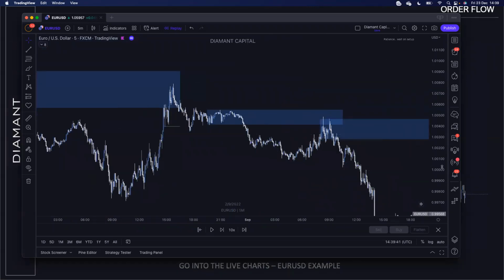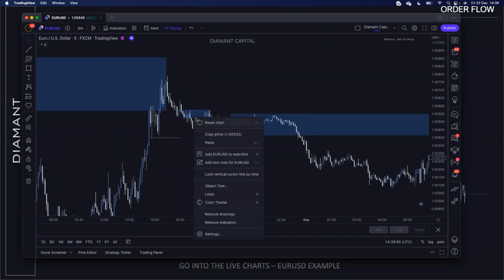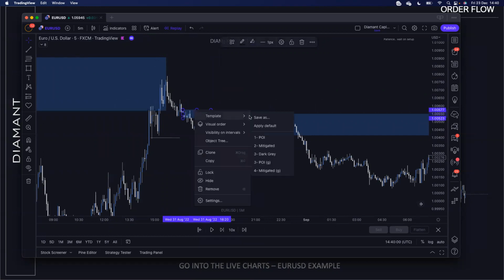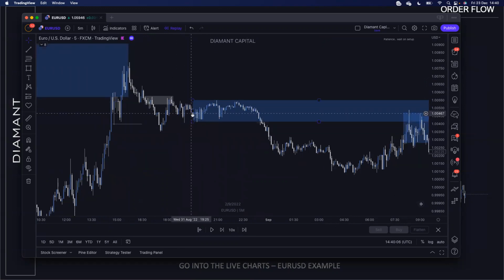Okay. So we got this secondary structural break. And as we're moving downwards, as you can see, what price tends to do is you will see one break of structure, it pulls back to a nice order block. So here, for example, mitigated. So it moves quite nicely down to that order block, and then it continues, consolidates a bit, but eventually